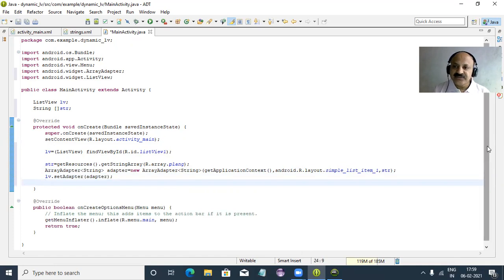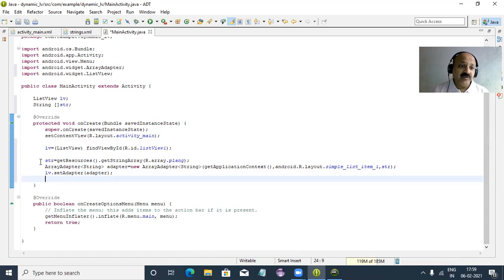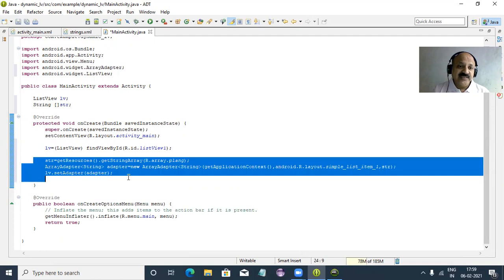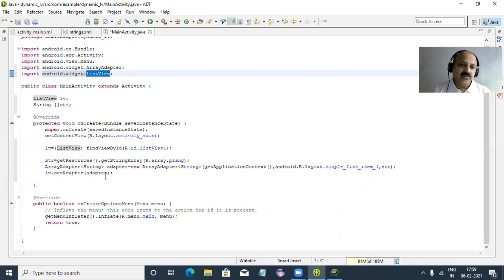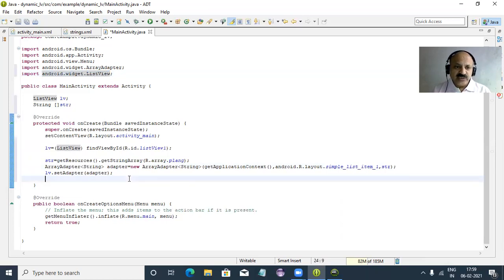So let us check. That is a dynamic way. We used the static way first, and now you can understand we use the ArrayAdapter class. That is in the same package where all our controls are, widget. So yes, I save with Control S and run again.